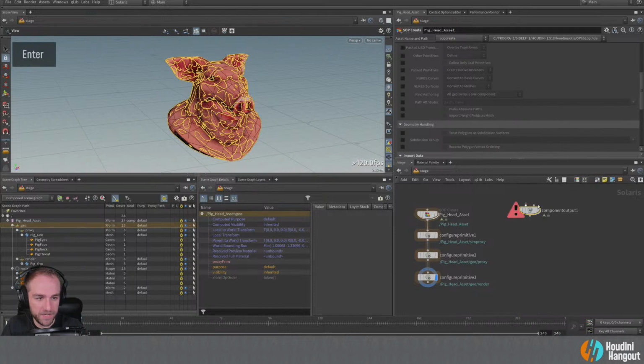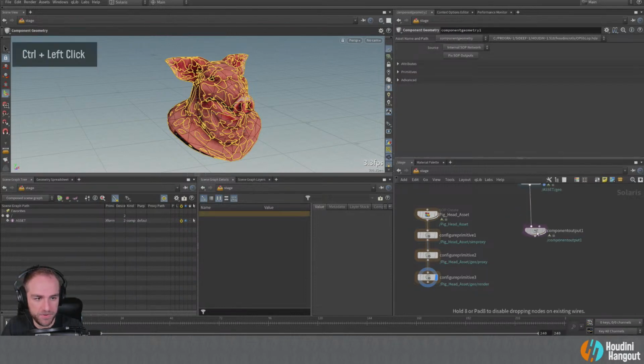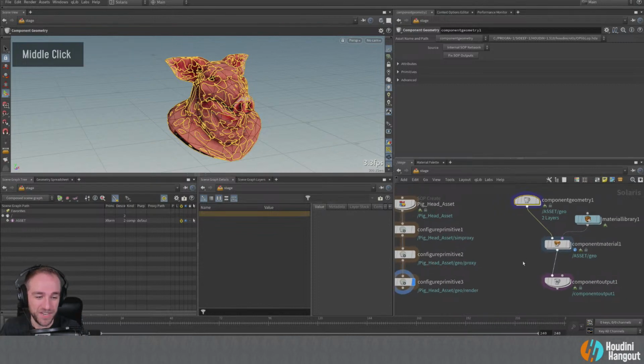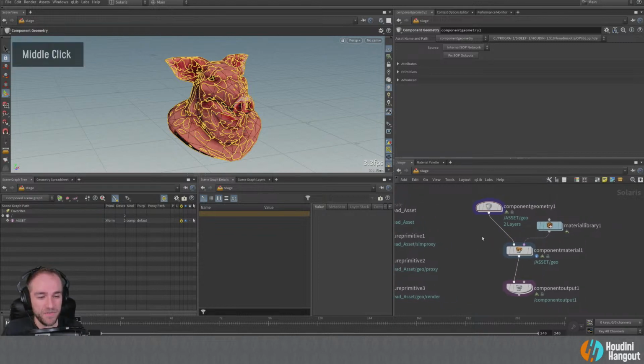You may have seen this before, but I'm going to try to talk through this in pretty good depth, unless you've seen Chris Rydalch's video, who created these nodes, so he knows this way better than I could ever know it. But if you haven't worked with this before, this is a really great way of working with geometry and shaders and things like that in Solaris and creating really good USD assets.